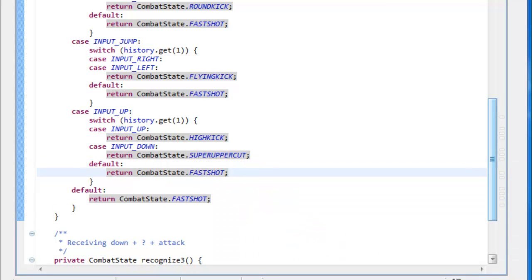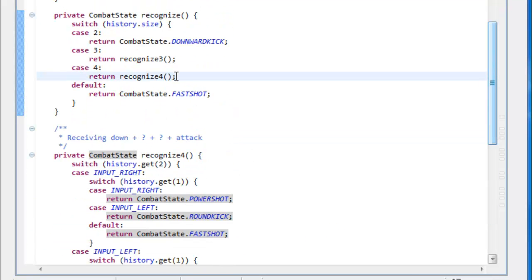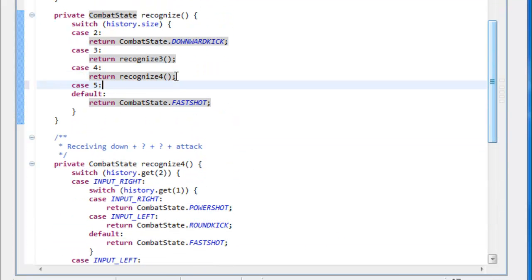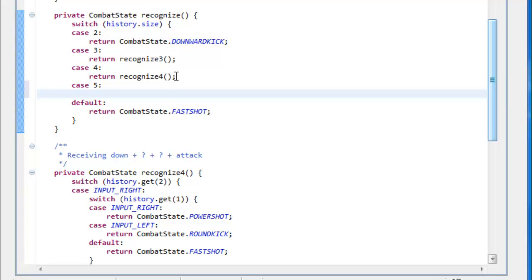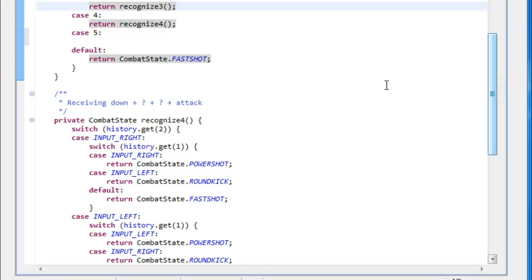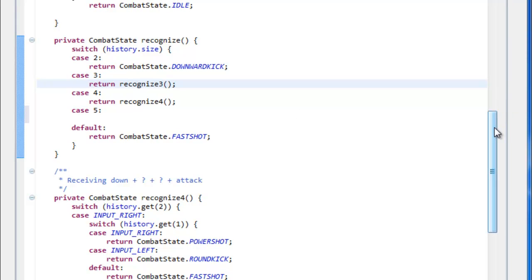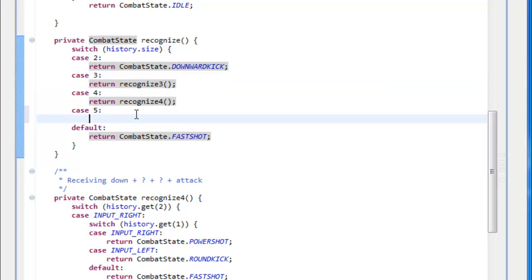And that should be it. Oh, we have one more actually. What if it's 5? We only have one combo move that requires 5 button hits, and that is two-sided attack. All right. Now, if